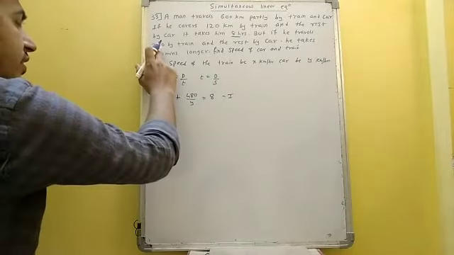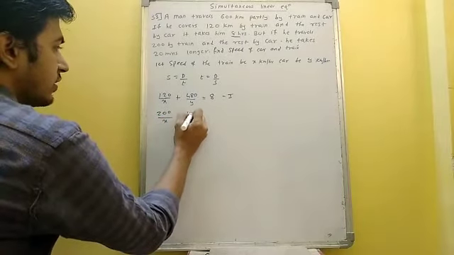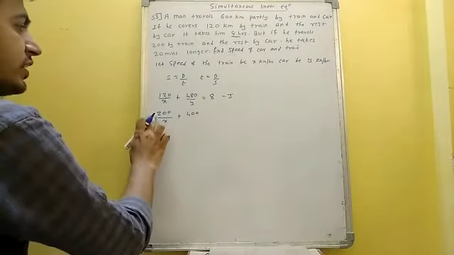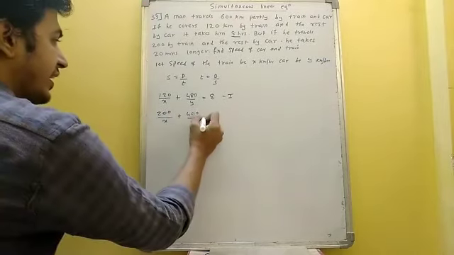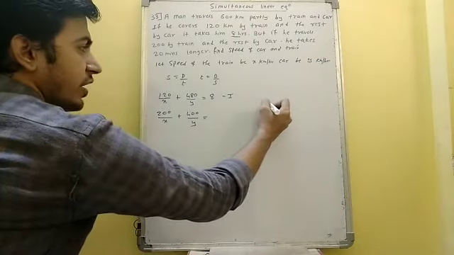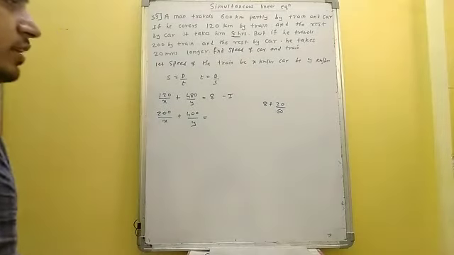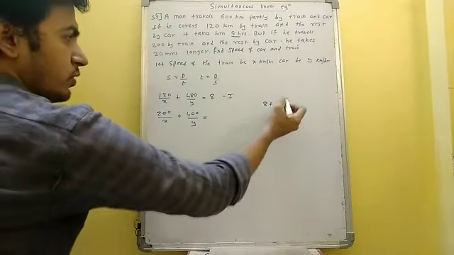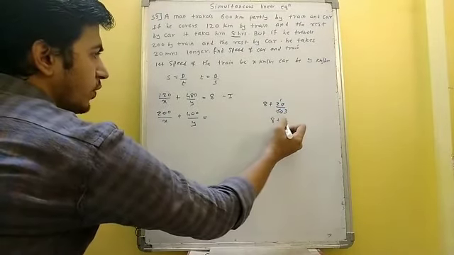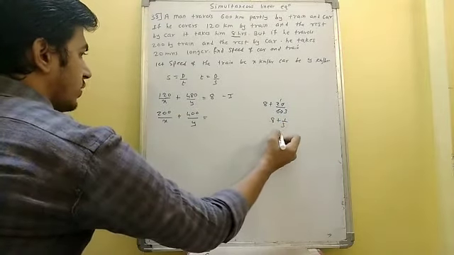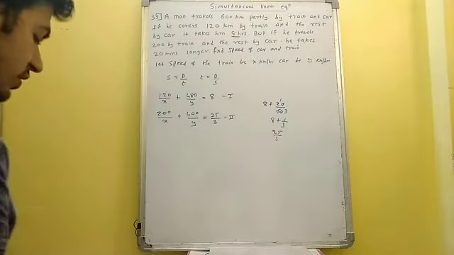In the second condition it is given that if he travels 200 kilometers by train, so 200 upon x, plus out of 600, 200 is by train, therefore 400 is by car. So distance upon speed again, speed of the car is y, and it takes 20 minutes longer. So 8 hours plus 20 minutes means 20 upon 60 hours. To convert 20 minutes into hours is 20 upon 60. So the zeros get cancelled. We have 8 and 1 upon 3. Then 8 threes are 24 plus 1 is 25 upon 3. So we have 25 upon 3 as equation number 2.